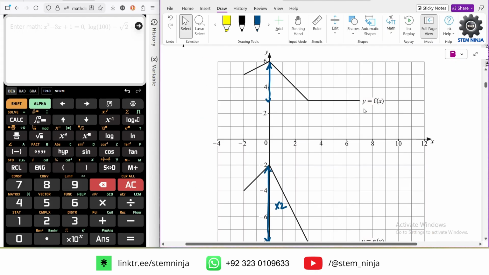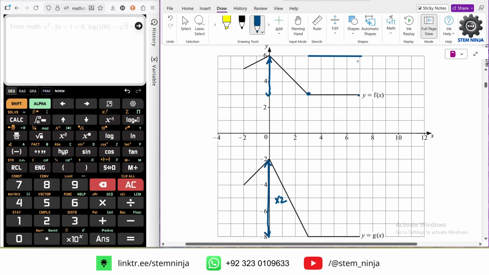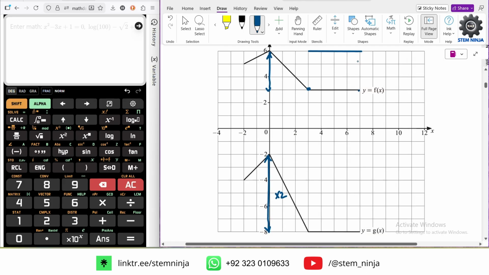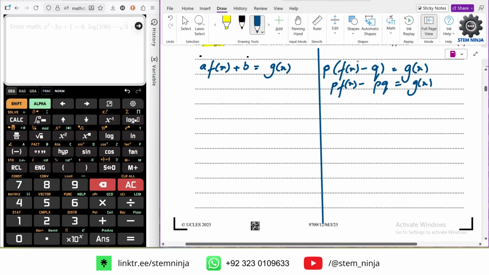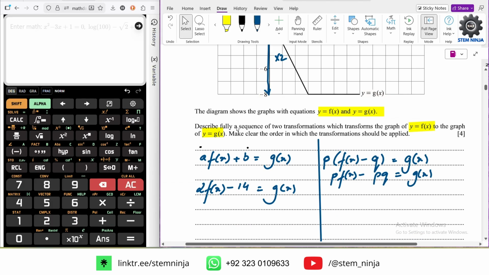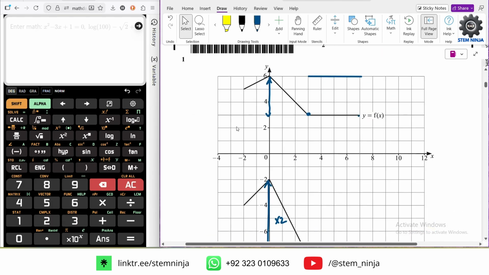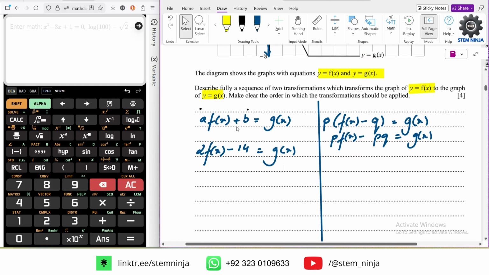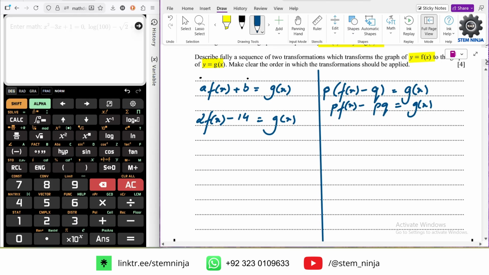Okay. So now if we do the stretching first, all the values of y will be multiplied by 2. So this value over here, 3, this entire line would be coming over here. So see, the vertical distance between this line and the transformed line is 6 and 8, that is 14. So if we do this first, this would be this thing: times 2 for the vertical stretching and minus 14 for the translation. Similarly, if we do translation first,